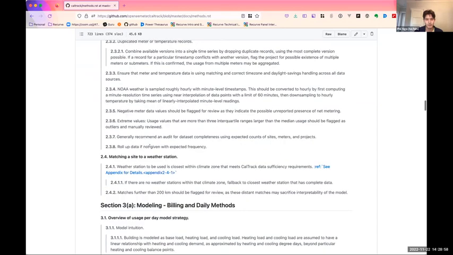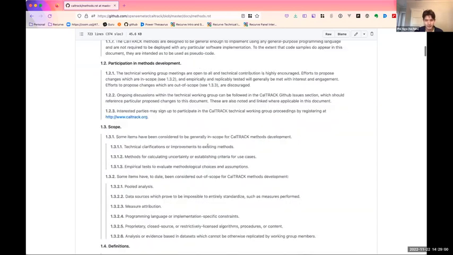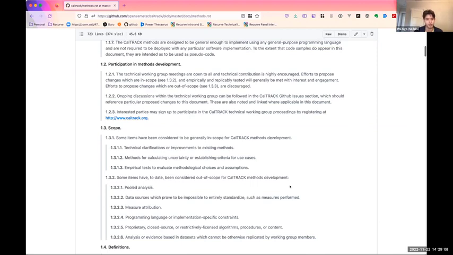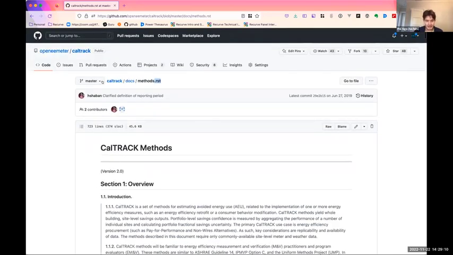And so what we're looking for are specific additions here, or edits or changes, something to the language here that will help clarify or change these methods. We'll be versioning these and tagging them so that, as we make changes, you can always go back and look at a previous version.